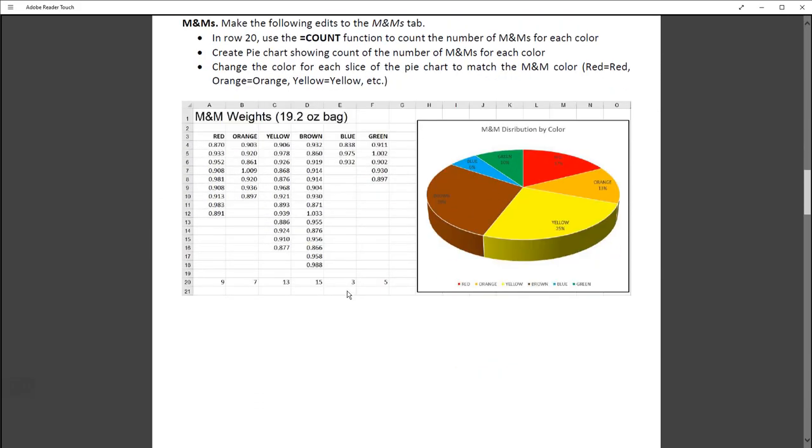The M&Ms tab, make the following edits to the M&Ms tab. In row 20, so we've got the weights of these M&Ms. Somebody opened up a bag of M&Ms and had a very accurate scale that got to the thousandth of an ounce, some science scale, and weighed all the M&Ms in a bag, each one individually, recorded it